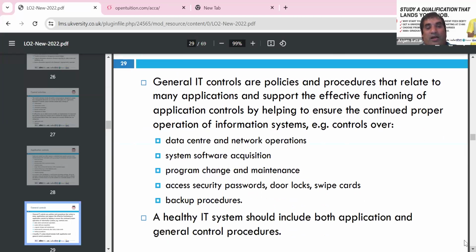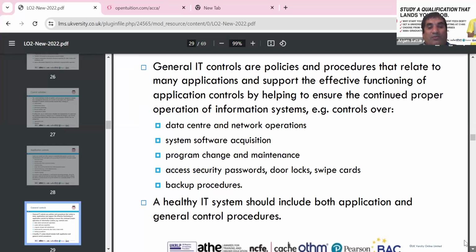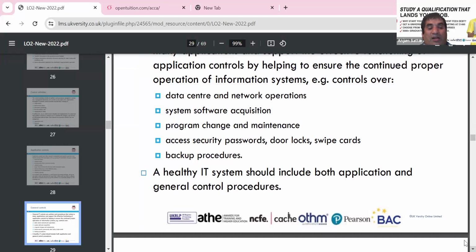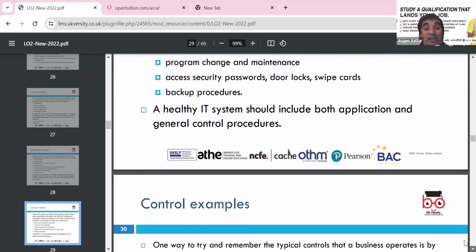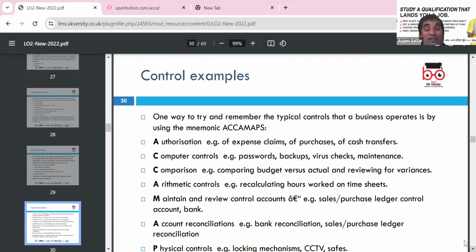Okay. IT: system software acquisition, program change maintenance, what procedures we have, the password, door lock, swipe card, like in payroll, where there can be a huge loss for the company. The swiping, clock in and clock out, what is the process? Auditors can observe that and give their reviews wherever there are deficiencies, so internal control can rectify them. A healthy IT system should include the application and generate the control procedure. So control exemption, as we